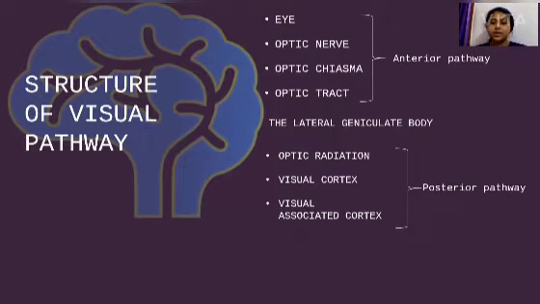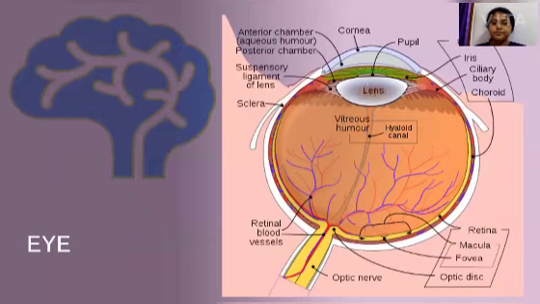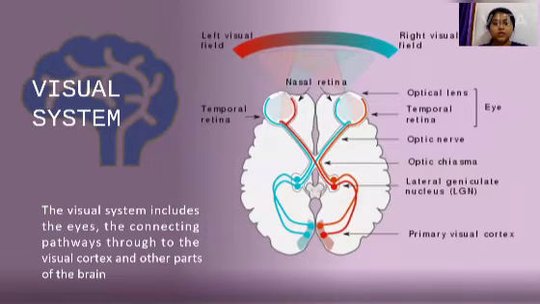Now it is the structure of the eye. I am not going to explain it elaborately, but the important thing here is the rod and cone cells that belong to the retina. Now it is the visual system. Here the main important thing is the optic chiasma. The axons from the nasal retina go through the optic nerve, but these axons cross over here at the optic chiasma, but the axons from the temporal retina don't cross over, they go their own side, and lastly they go to the primary visual cortex via the lateral geniculate body.